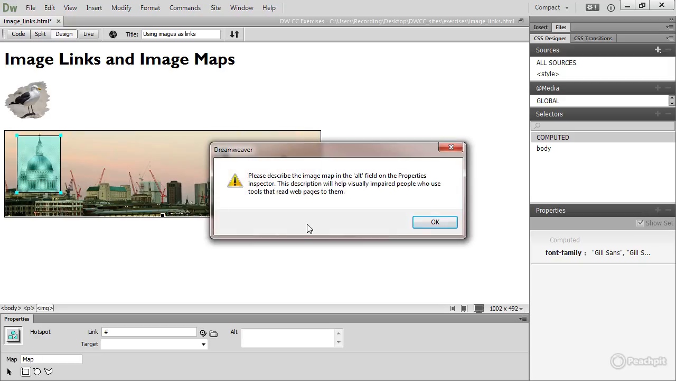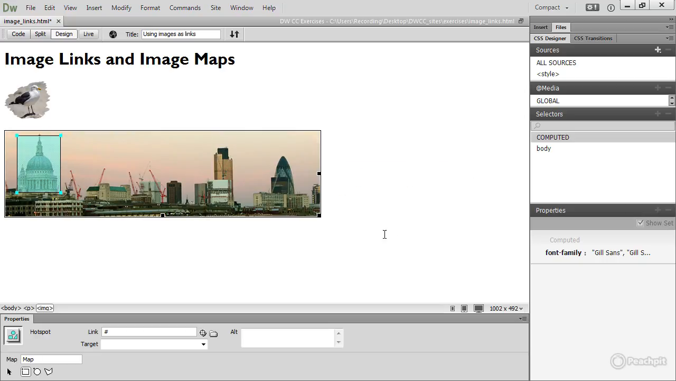You then get this warning which tells you to put some alternate text in the Alt field. Just click OK to get rid of it. And if you want to change the position or resize the hotspot, you need to select this arrow, the Pointer Hotspot tool, and then you can move it and drag to resize. So in the alternate text field we'll call it St Paul's Cathedral,